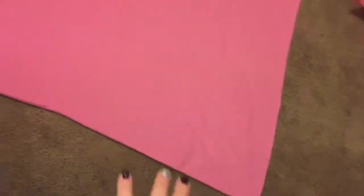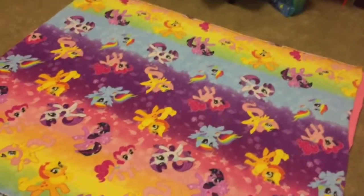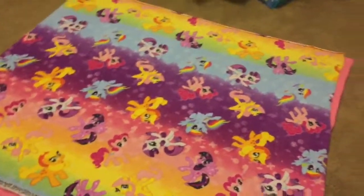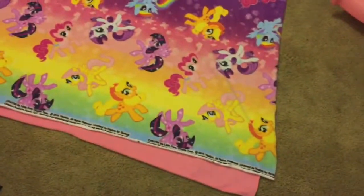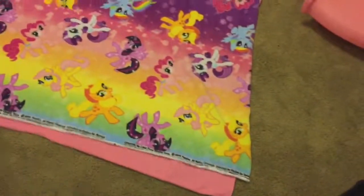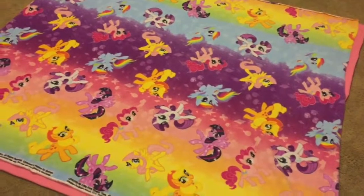So I'm starting off by laying the first piece completely flat on the floor. Okay, and then here's the second piece laid on top of the first piece. As you can tell, it was not cut completely even. I know it's not going to be perfect, but you basically do the best you can, and then you start